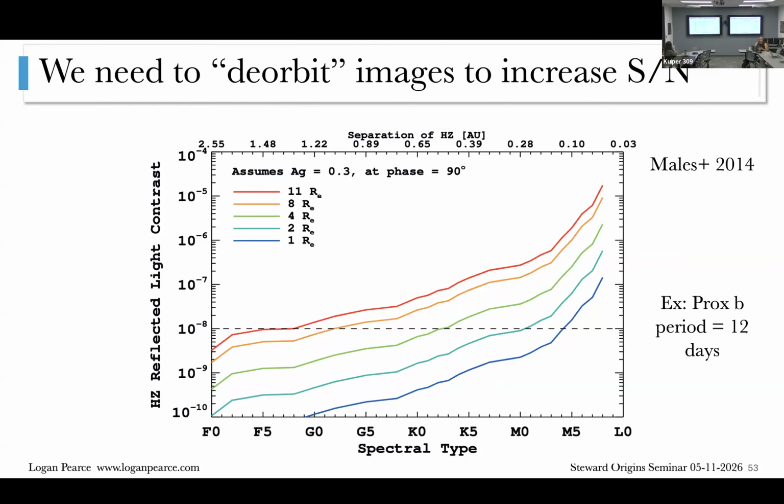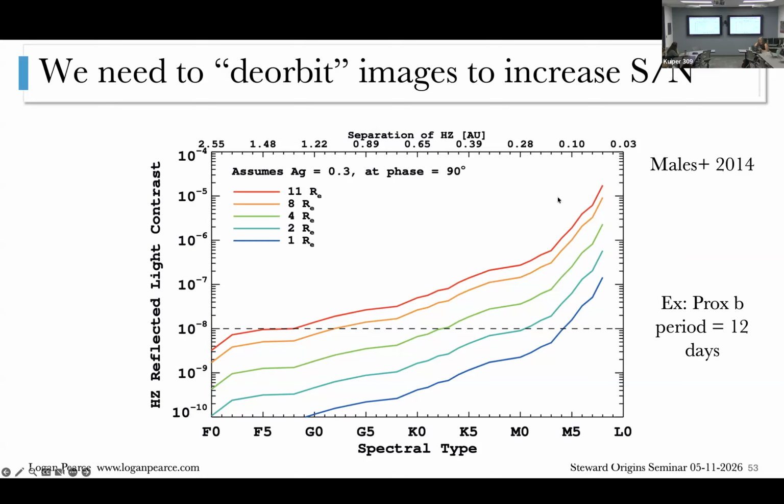Something that direct imagers have not had to worry about until now is the planet's orbit. In the case where we're trying to image something so faint, we might need to observe it for hours. It's going to move a lot during that time just to get a detection. So this is a plot from Jared's paper showing